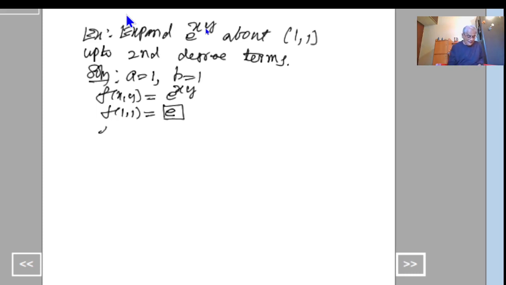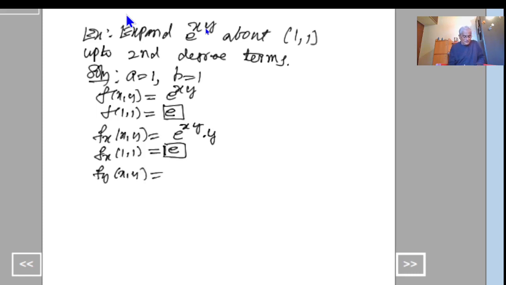Next, fx, differentiating partially with respect to x. First, e power of xy derivative is e power of xy into xy derivative with respect to x is y. Okay, y is a constant, x derivative is 1. And here fx at the point 1 comma 1 equal to, put x equal to 1, y equal to 1. Again I am getting this is equal to e power of 1 into 1 is e. Then we find fy